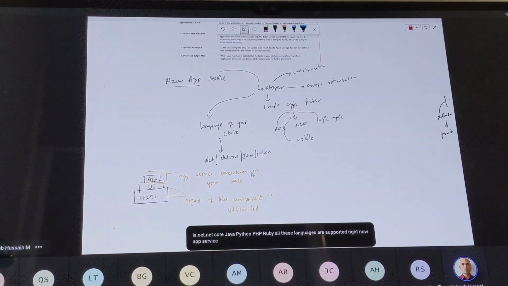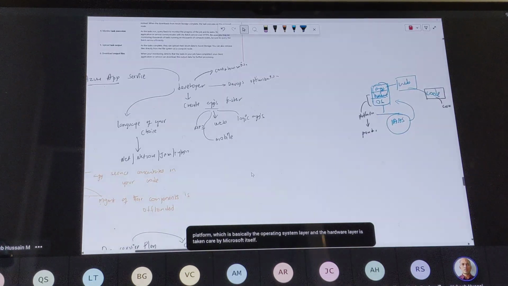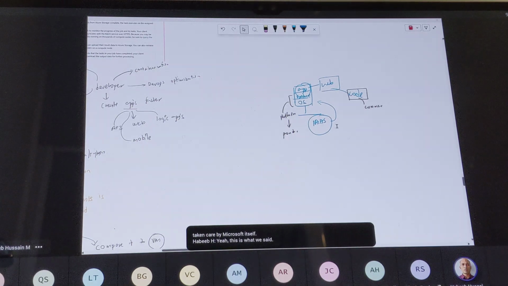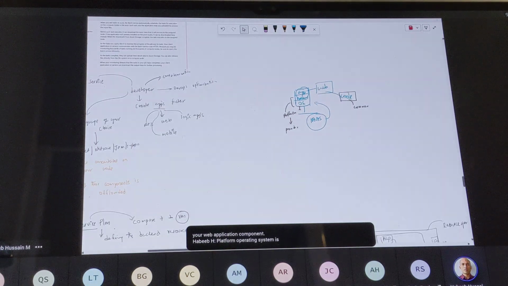Now, App Service helps you concentrate on your code rather than the components involved in running that code smoothly, which means your platform, which is basically the operating system layer and the hardware layer, is taken care of by Microsoft itself. So as a customer, you'll only worry about the code with which you run your web application component. The platform operating system is taken care of by